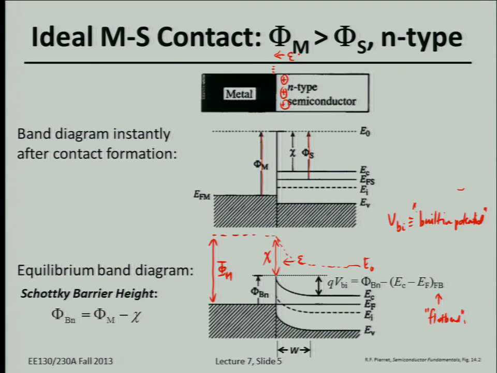Normally, right after contact, electrons easily spill from the conduction band into the metal, because the Fermi level is lower there. But over time, you build up a potential barrier to prevent that from happening, to hold it back. So in equilibrium, there's no net loss or gain of electrons in the semiconductor. It's like raising up the floor, so it's harder for electrons to go over it. Yes? In the ohmic,